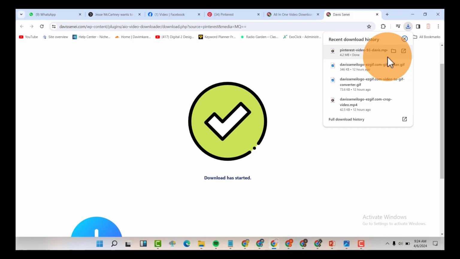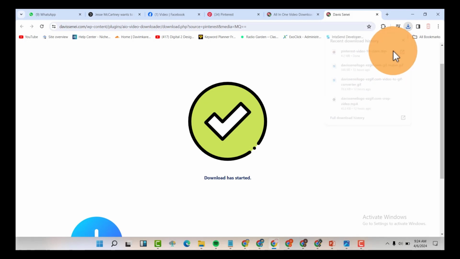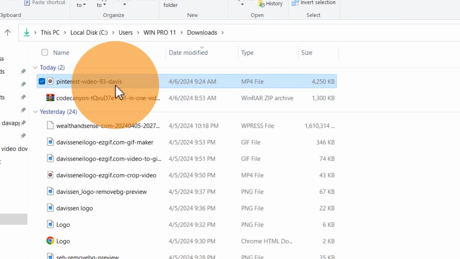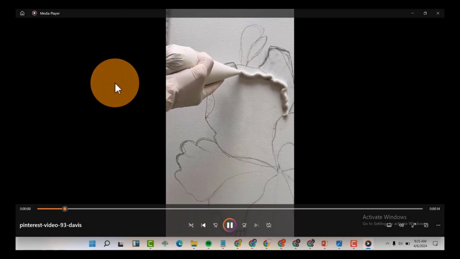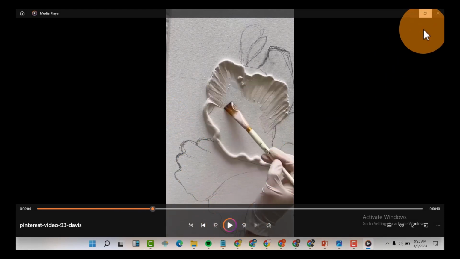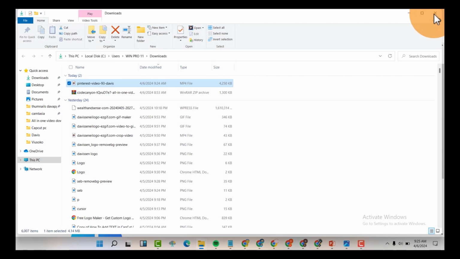And once it downloads, you can see it has downloaded this video. You can see that it has the name that you had assigned, so that when your users download these videos, they can see where they downloaded the video from, the website that they used. So just click on the video. Now you can have your users download the video.